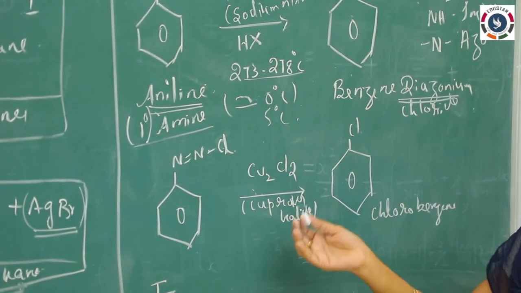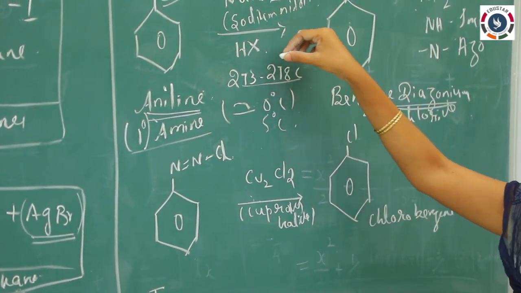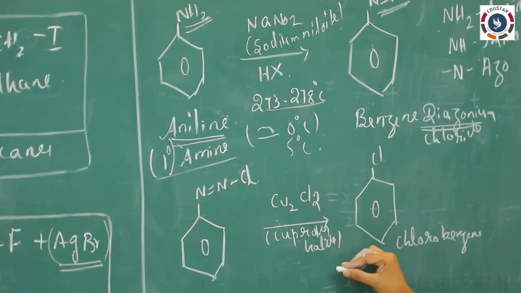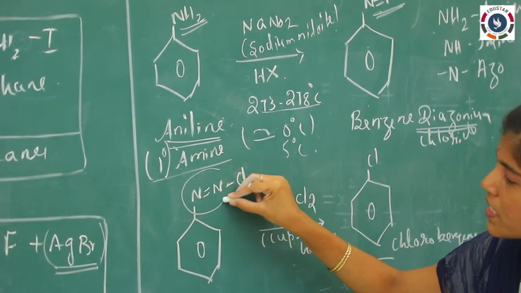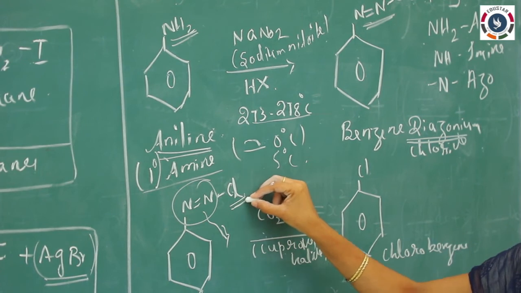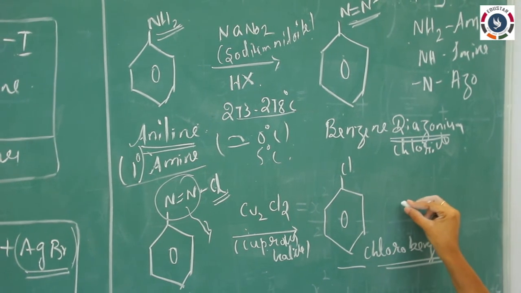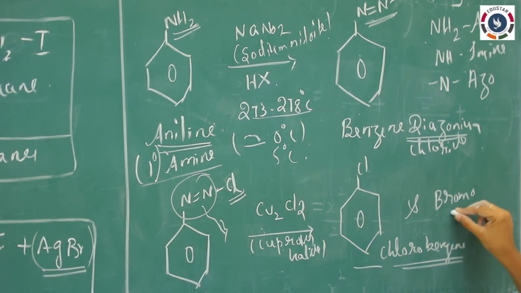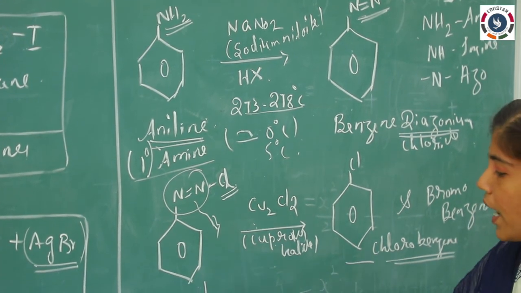If I am taking chlorine, the thing we have to take is cuprous chloride. Suppose if we take hydrogen bromide here, I will be getting benzene diazonium bromide, and in the next step I have to treat it with cuprous bromide. In the next step, this nitrogen will evolve as a gas, and what will be the remaining thing? Chlorine. Chlorine alone gets substituted in the ring. So we are getting chlorobenzene. This is also suitable for preparing bromobenzene. But remember, this is not working for the iodine group.